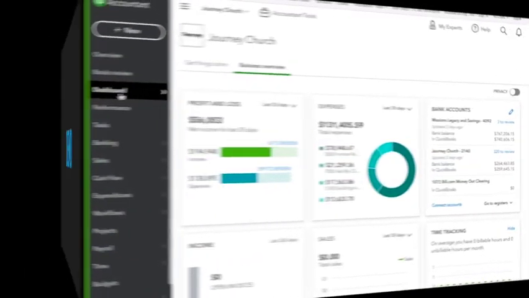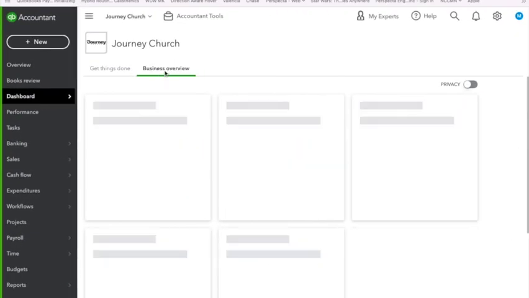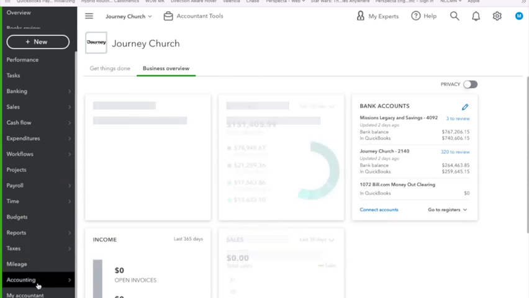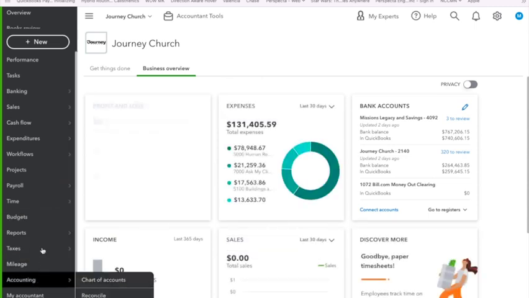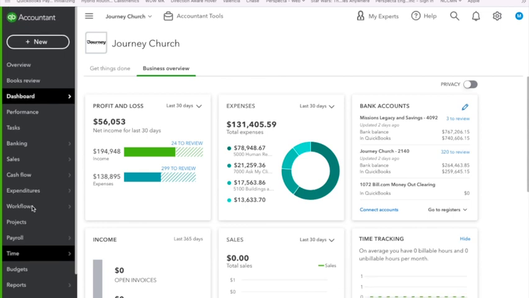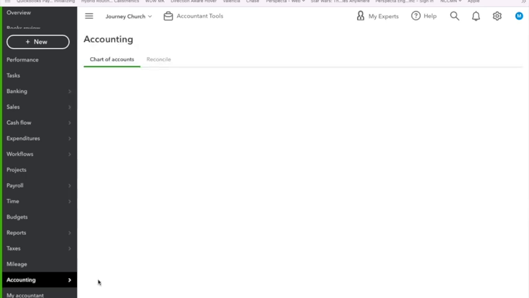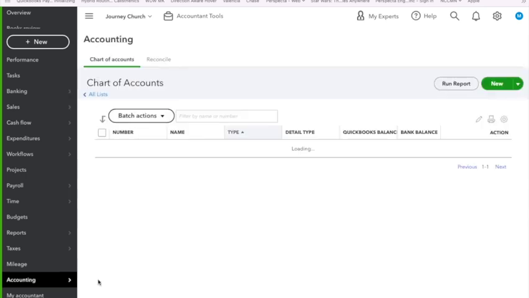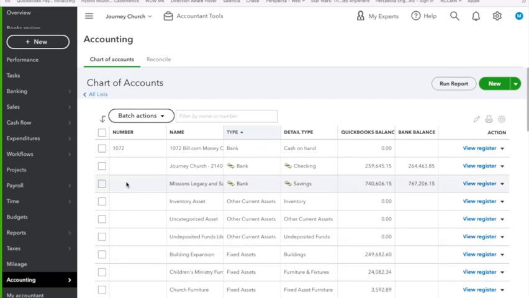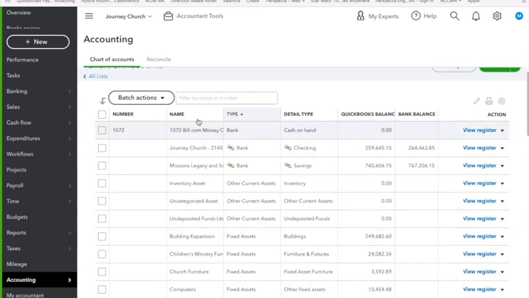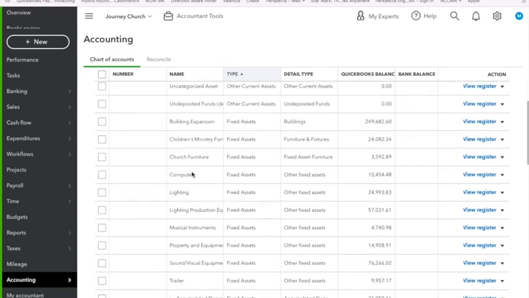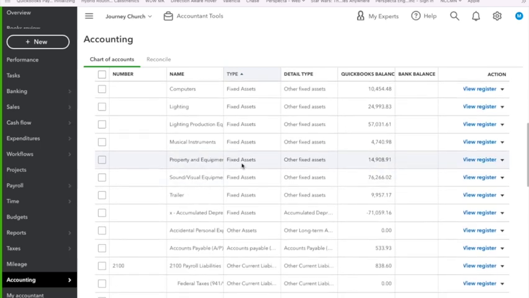As you can see, I'm back on the dashboard on Business Overview. So we're going to look for the Chart of Accounts. And as you notice, as I traverse, the menu is quite long here. We can go to Accounting, and then we'll see Chart of Accounts. The Chart of Accounts again has account numbers, and it classifies the account by the type. So if you notice, we have a name for the account. I'm going to try to scroll down here, and you'll see that there's a type associated to it.